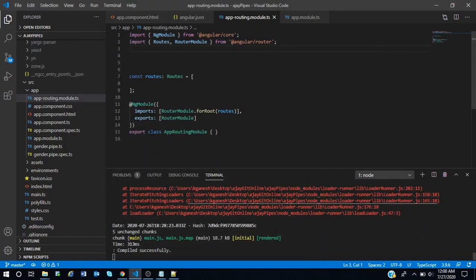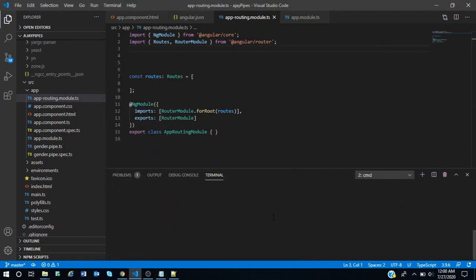First of all, using the command ng g c, ng for Angular, g for generate, c for component, create a parent component. Skip tests if you do not need the spec.ts file.